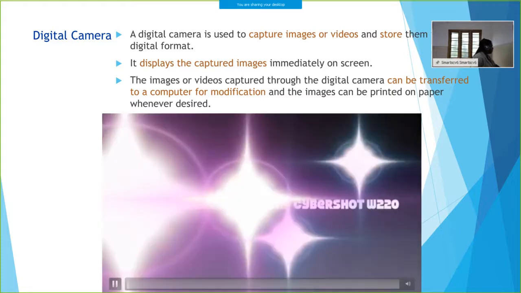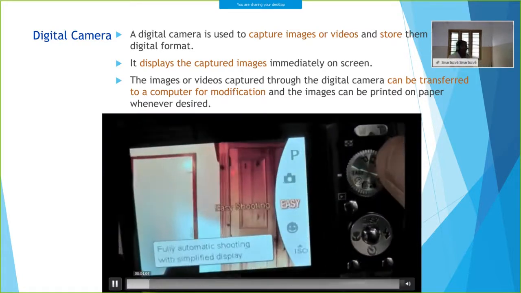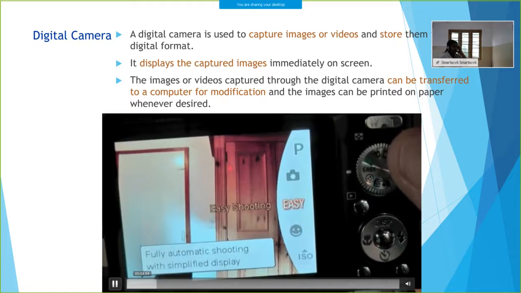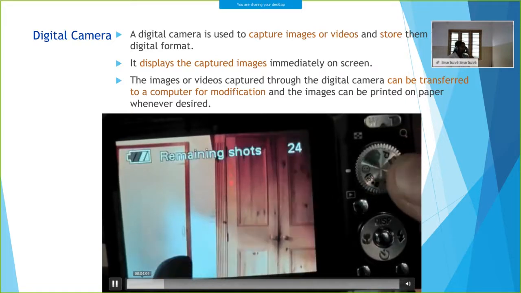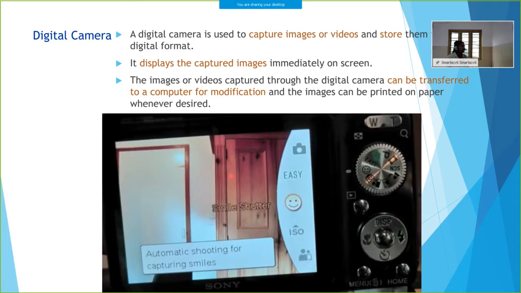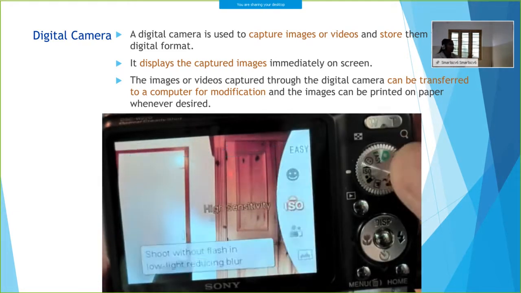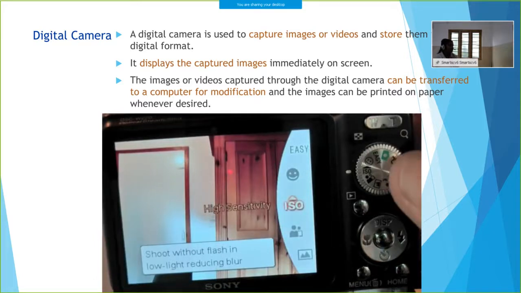This is your digital camera. Different types of digital video cameras are there. One type is this one. This digital camera captures images or videos and stores them in a digital format.